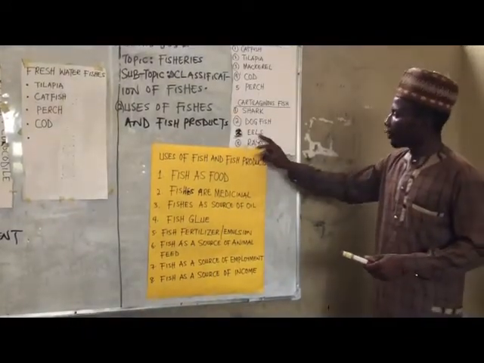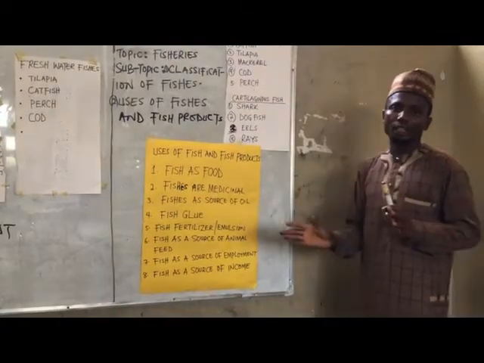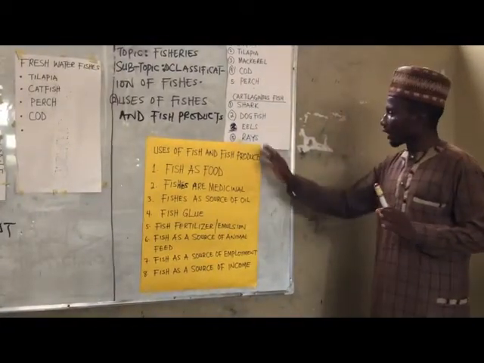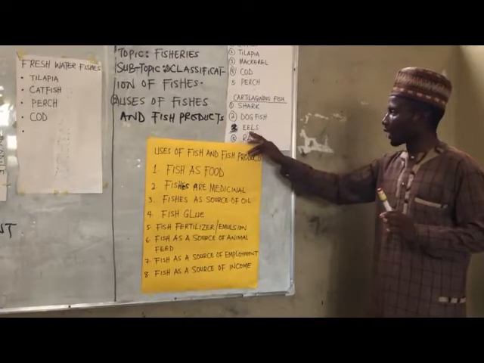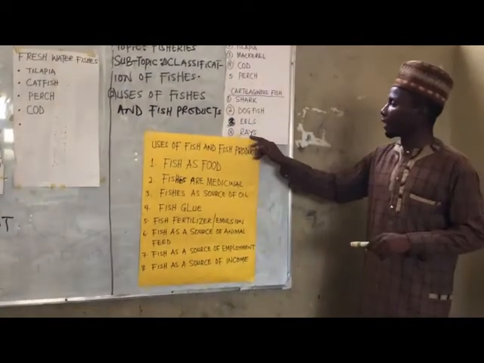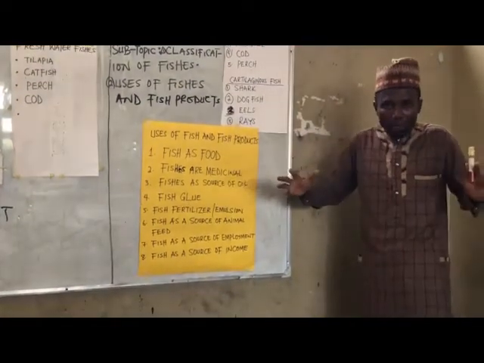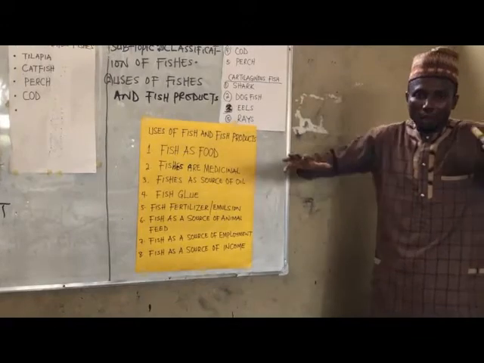Eels. When you look at them, they have the structure of a snake. They are just like snakes, but they are not snakes. This is another example of what? Cartilaginous fish. Eels. Then we have rays. Rays, if you look at their structure, they look like a bat inside the water. They look like a bat.